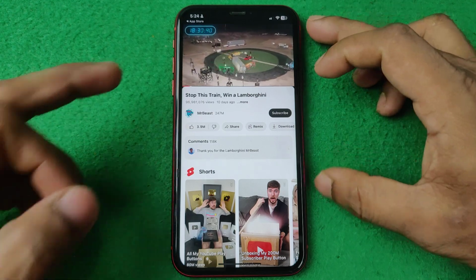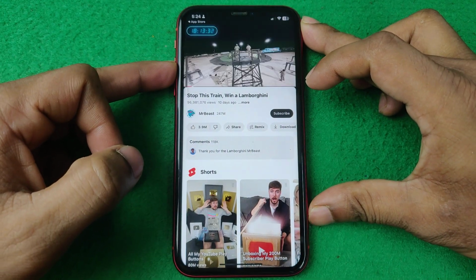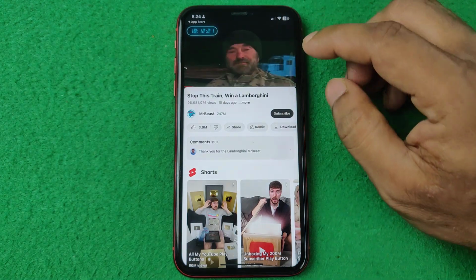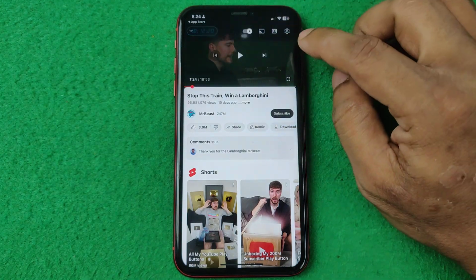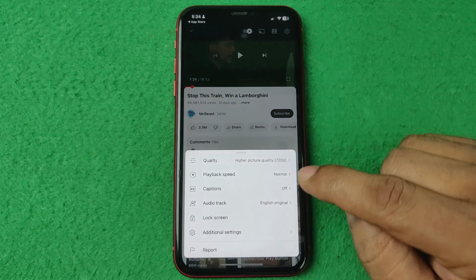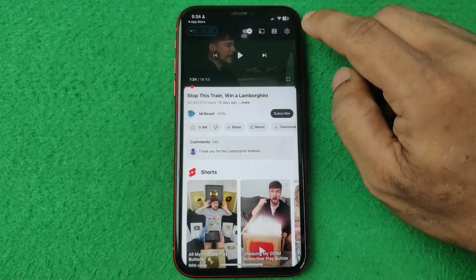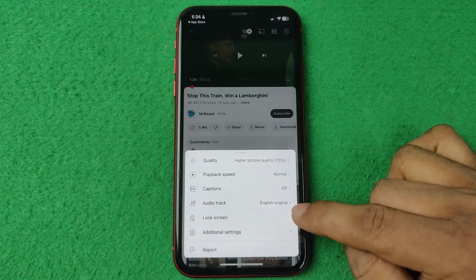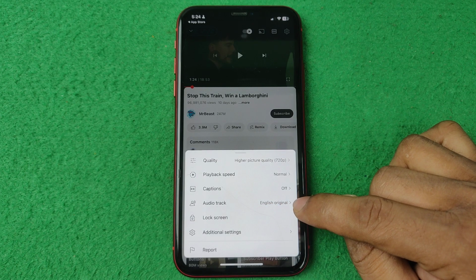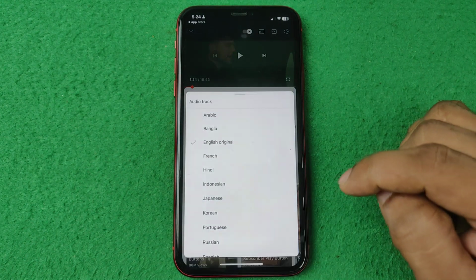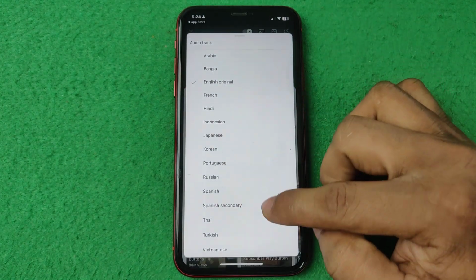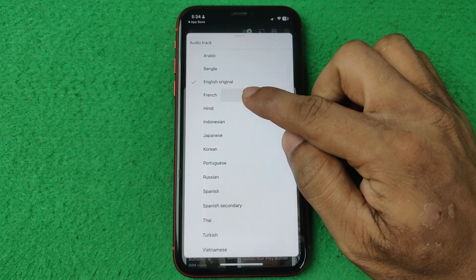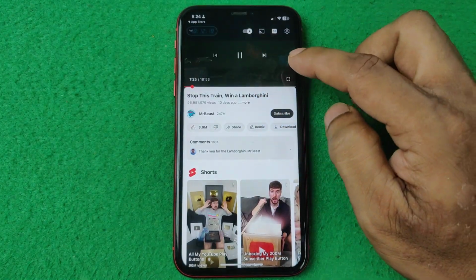As you can see, if I turn the volume up, by default it's playing English audio. So I'm going to change to another language. Tap on the gear icon, then here is Audio track. By default it's selected to English original. If I tap here, as you can see, there are lots of languages available. I can select French. So if I play,